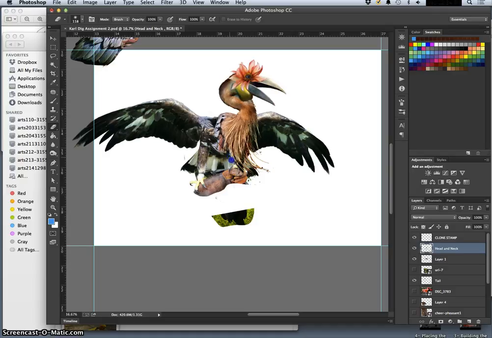I think it can. I don't love that that leg is so covered up by this. So maybe we'll find some other leg reference to use. Okay, now I'm going to take all those three layers, the head and neck, the wings, which I'll label, and the clone stamp layer,